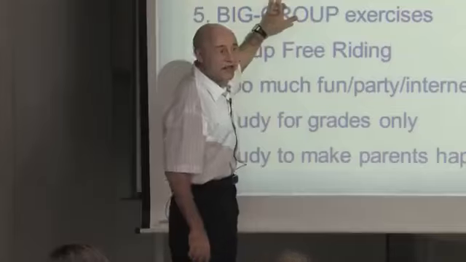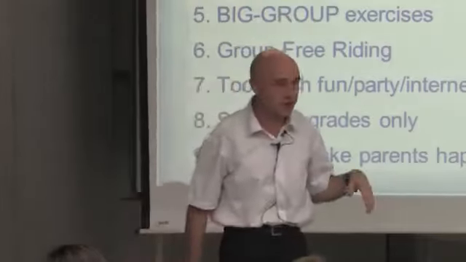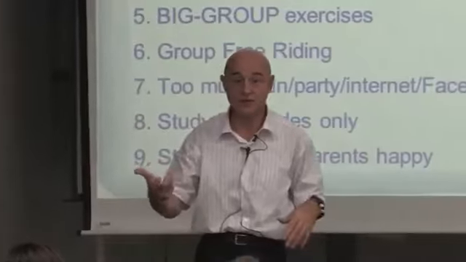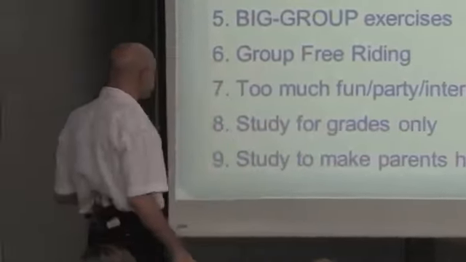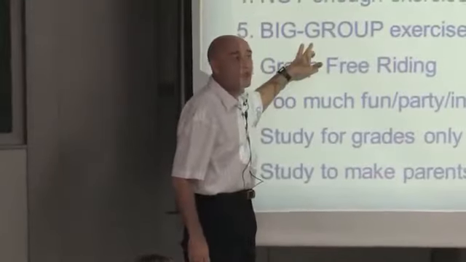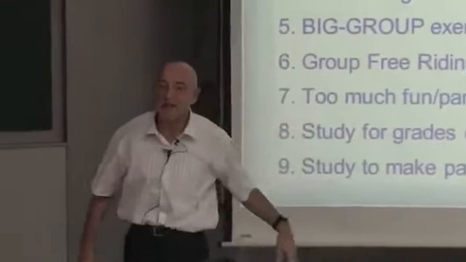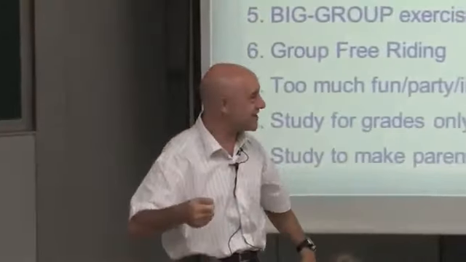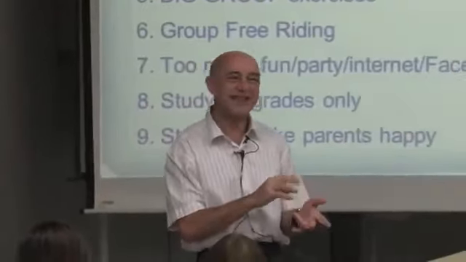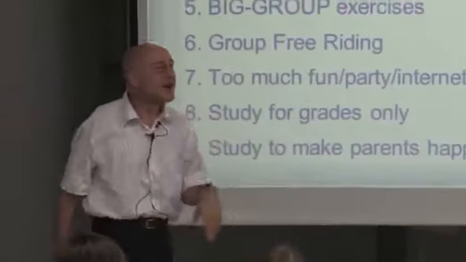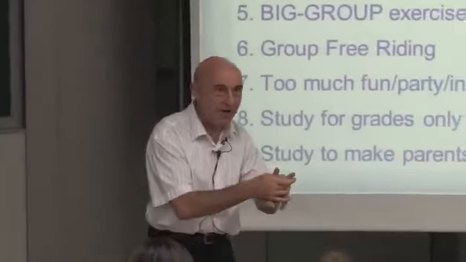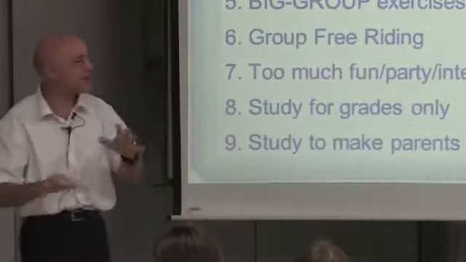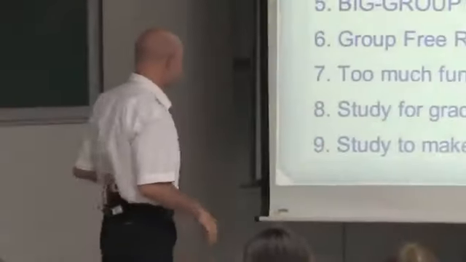Not enough exercises. This applies mainly to accounting. Accounting needs exercises. For each chapter, you need to solve 5 or 10 problems, okay? Very important. Next one is big group exercises. They give you an exercise and they put 6 people in the group. What happens is one student works and the other ones play on the phone or chat or talk. A group should be 2 people, at maximum 3. With 4 or more, usually 1 or 2 of the students don't really work that much.